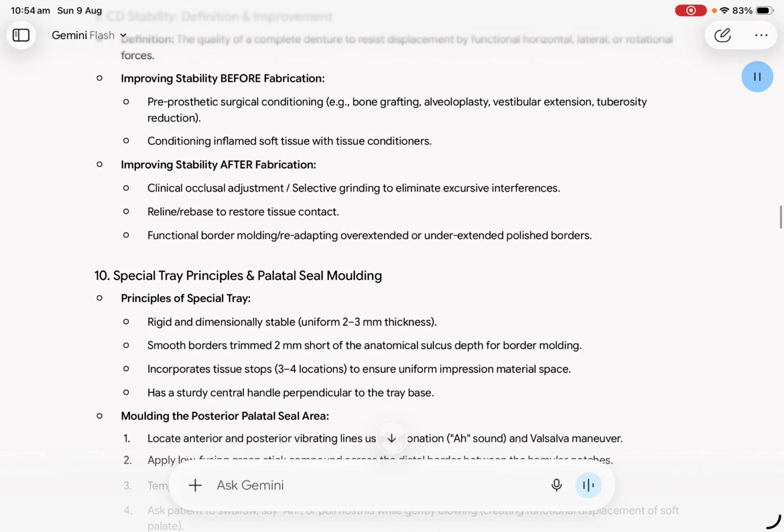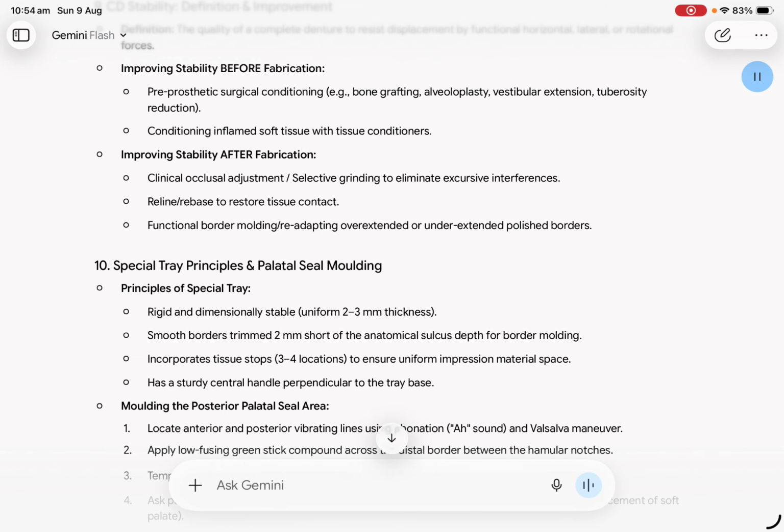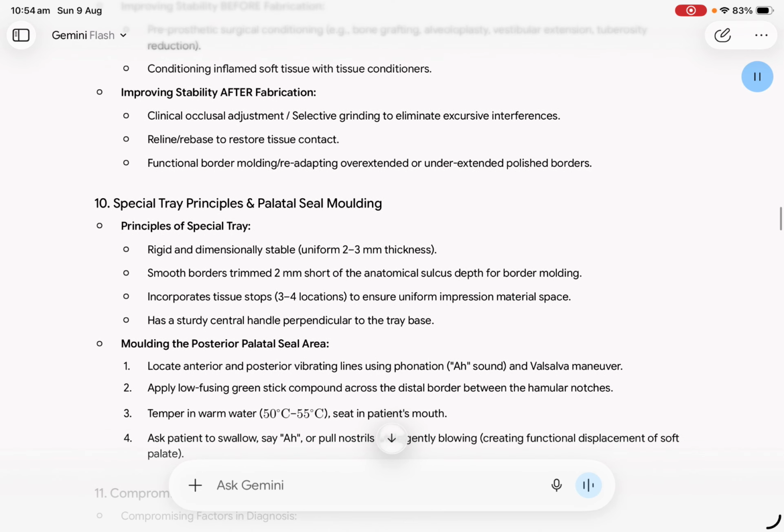10. Special tray principles and palatal seal molding. Principles of special tray. Rigid and dimensionally stable, uniform 2 to 3 mm thickness. Smooth borders trimmed 2 mm short of the anatomical sulcus depth for border molding. Incorporates tissue stops, 3 to 4 locations, to ensure